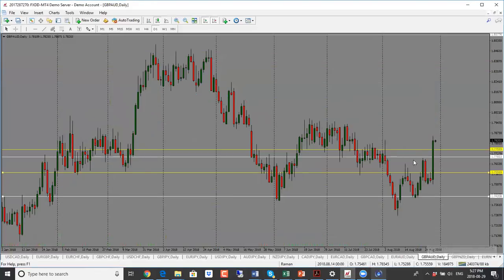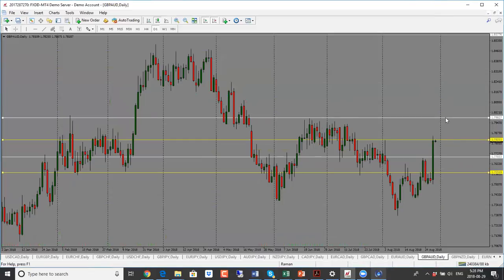Pound Aussie, huge move in Pound Aussie here. And as we talked about, pound crosses across the board went up. So this one here is bullish. I'd be looking for price to move up further. Now, when price moves so much all of a sudden, we have to be careful because it can pull back, and it generally pulls back.